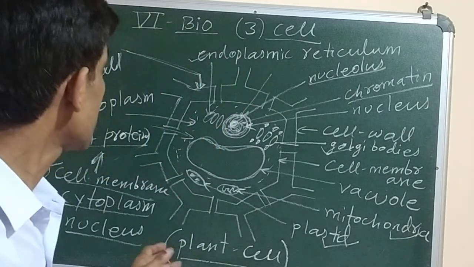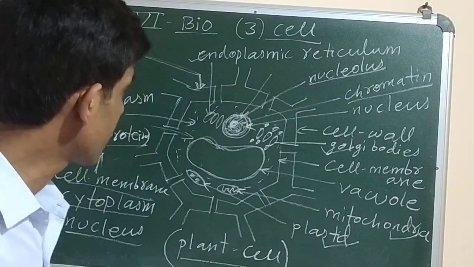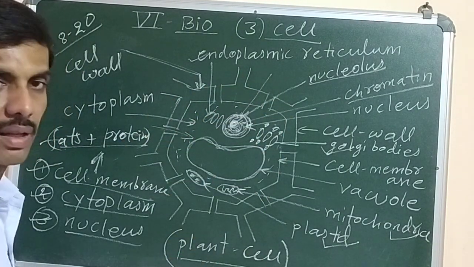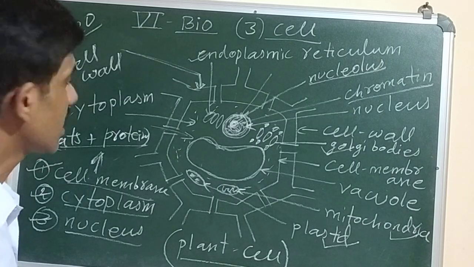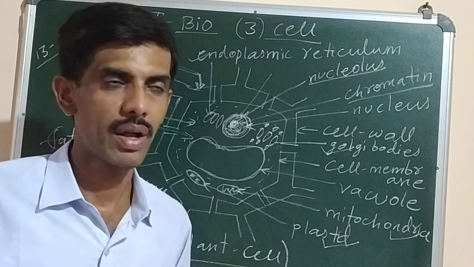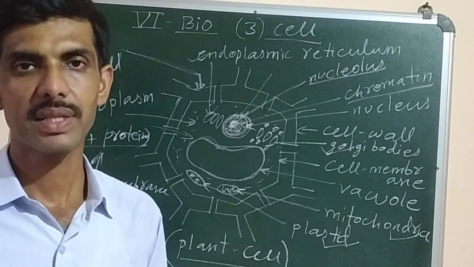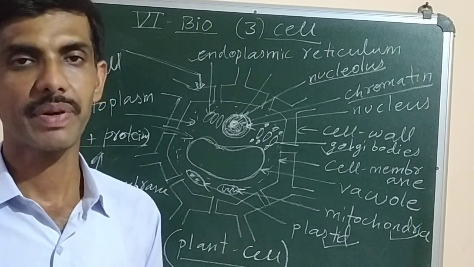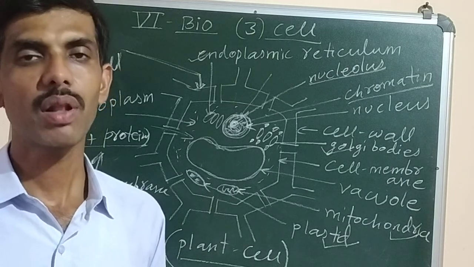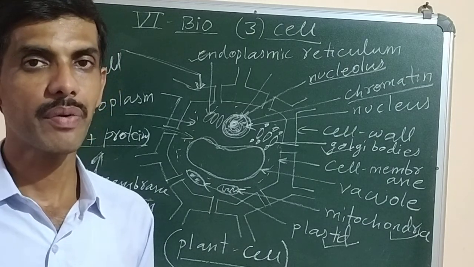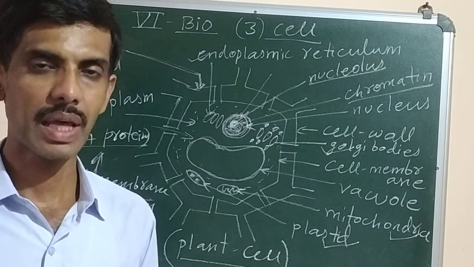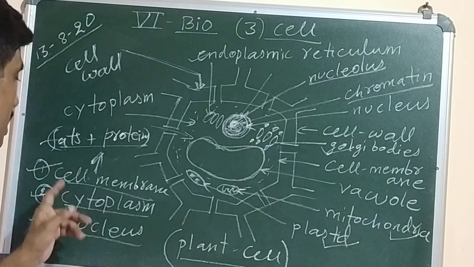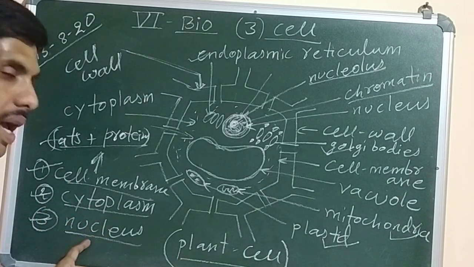After that, we have to start today with the cell, the structural and functional unit of life. The diagram which you can see here is the diagram of a plant cell. Generally plants and animals are made up of cells. Although the cells are of different shape and size and carry out different types of functions, basically all the plant and animal cells are made up of the same fundamental structure. Means their basic plan or structure is similar. That is, they are made up of three parts. What are they? Cell membrane, cytoplasm and nucleus.